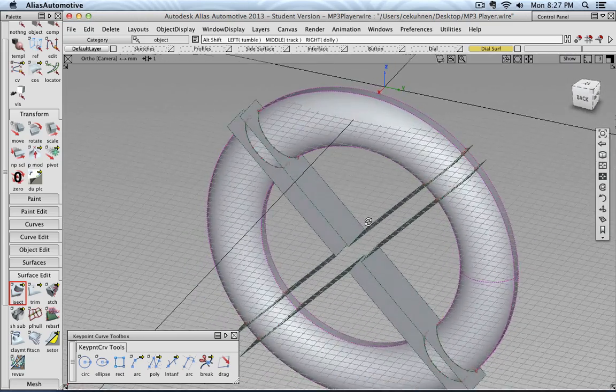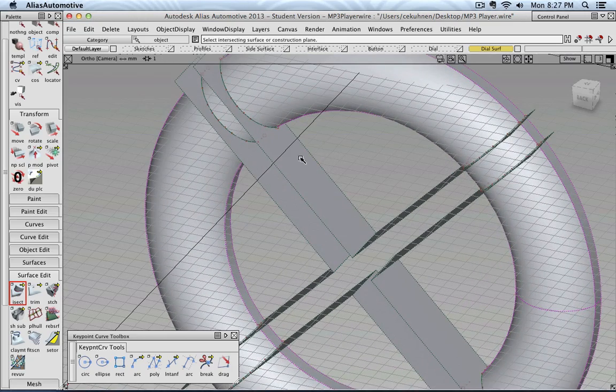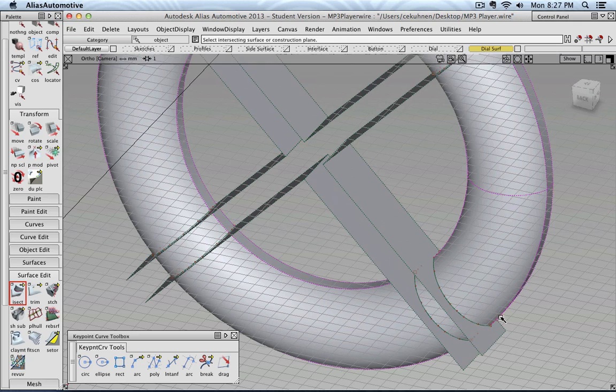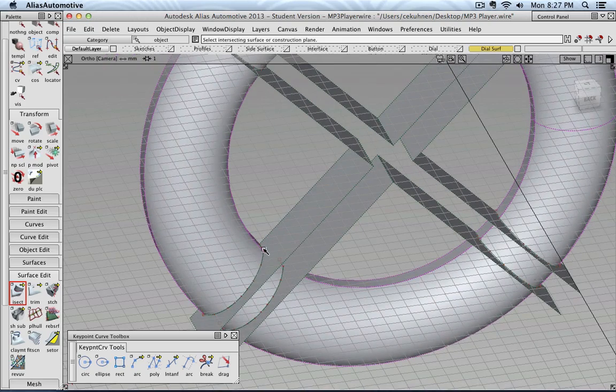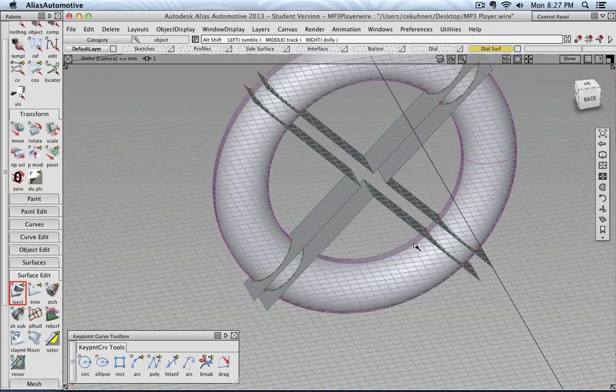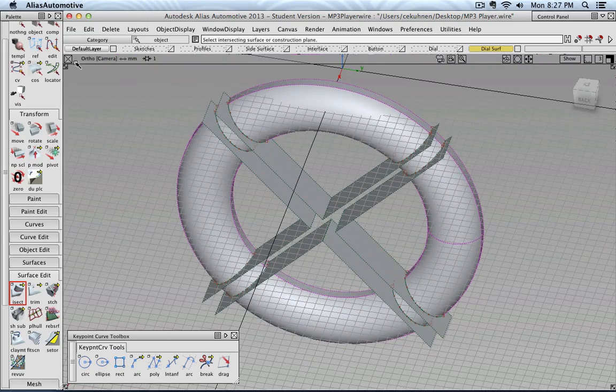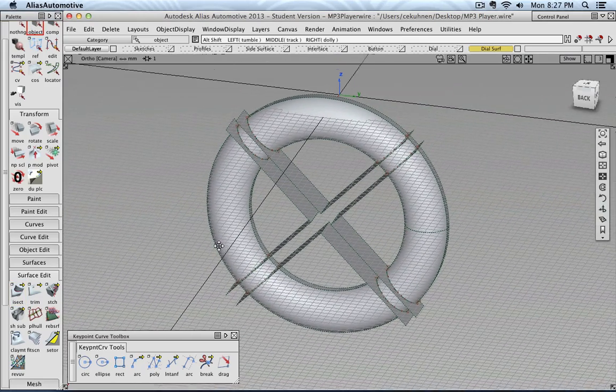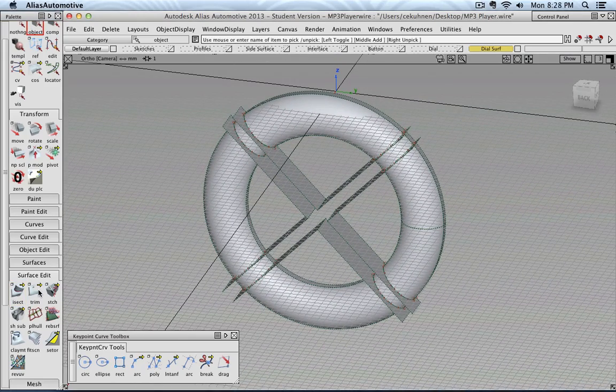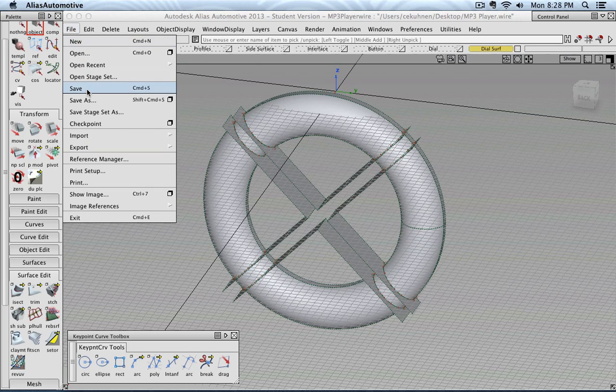And you notice if you have clicked the surface that the edge becomes dotted, and also where the surface intersects with the dial, you see those green lines with the dots on it, the intersection curves. Okay, so when we have this one done, we can, for example, now go ahead and go to the trim tool. But before I'm going to save,